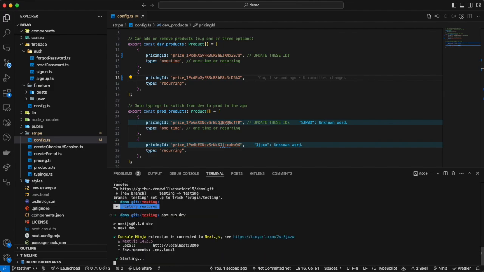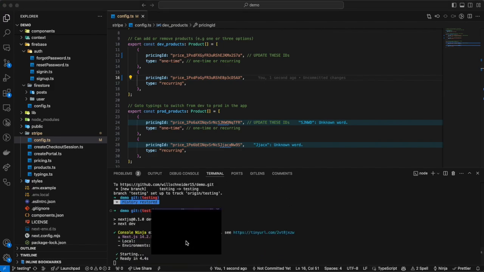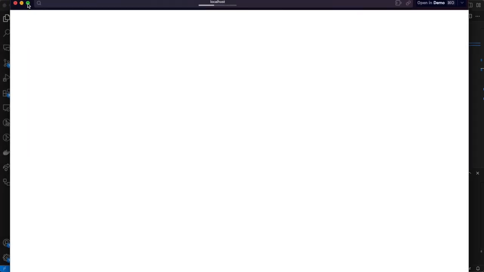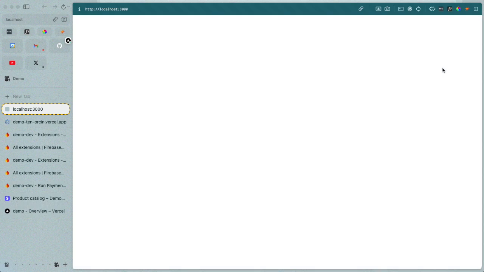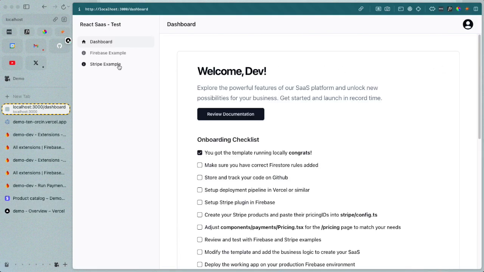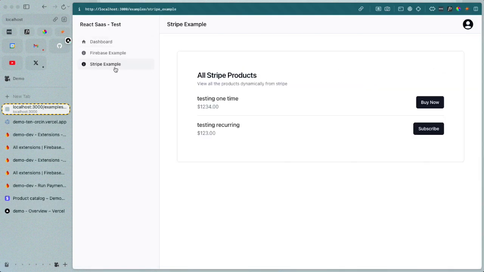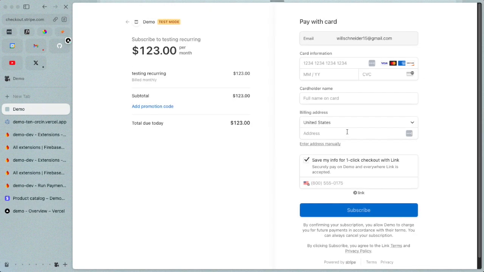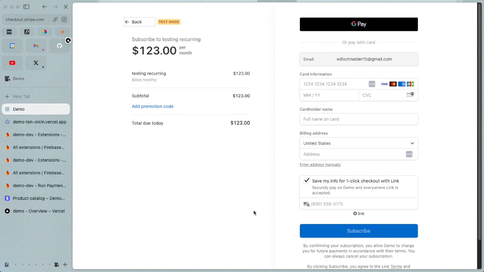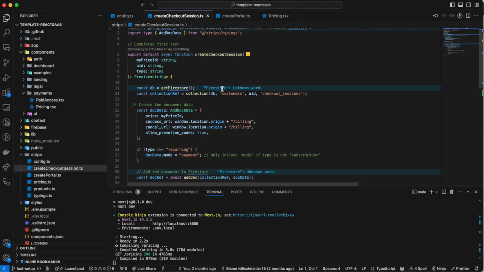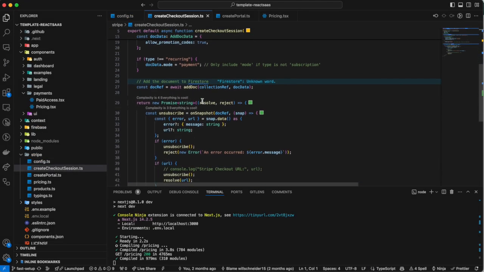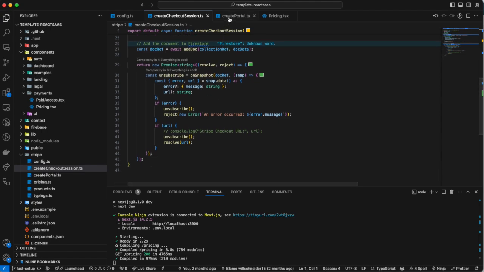So you copy these, and once we run it, we'll see that now we can actually click those, and it'll take us to a checkout page. Since we did this under the dev environment in Stripe, these won't be live payments, but you can test this and confirm that you're communicating with Stripe and Firebase and that the whole integration is working correctly before you move to production. So here's the function for creating checkout sessions and how I implemented it with the pricing IDs,